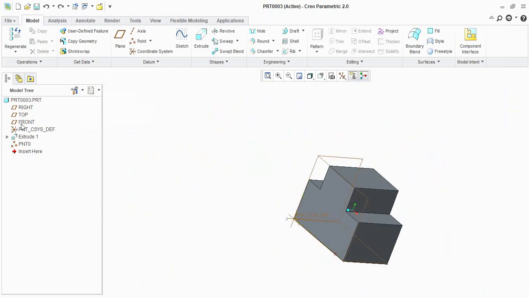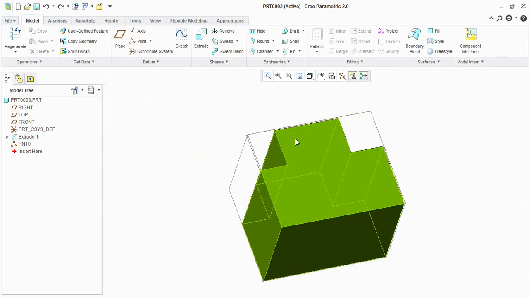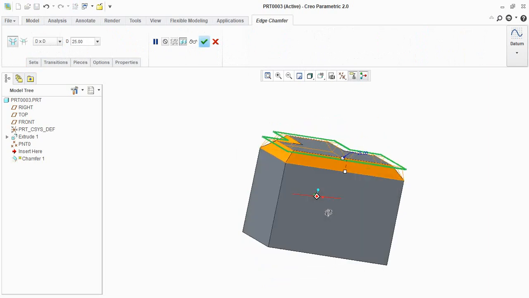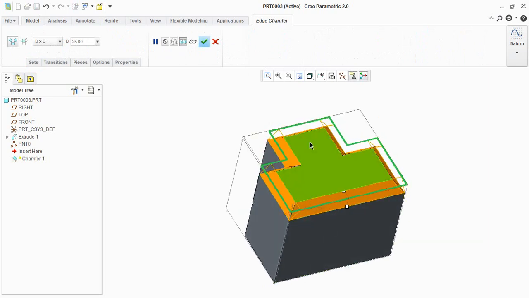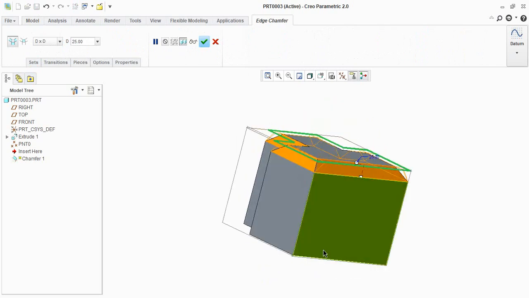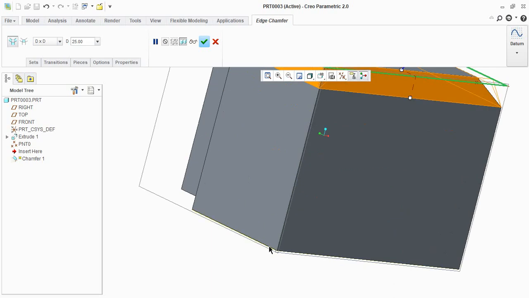Okay. So one more thing in chamfer option. Select this edge, right click, and then left click. As I have previously said, all the edges will be selected with a single click. So again what I am going to do is use the control option, press control. Again place your cursor here, right click, and then left click.